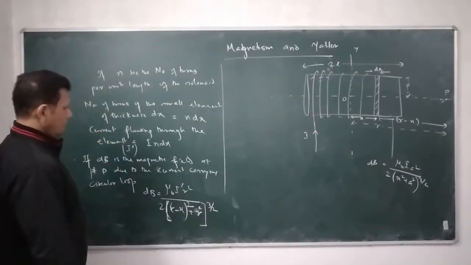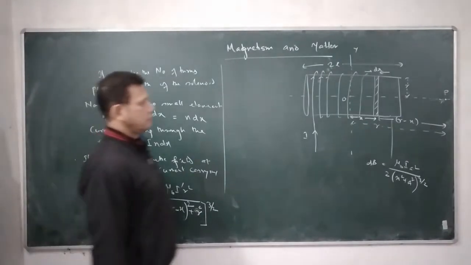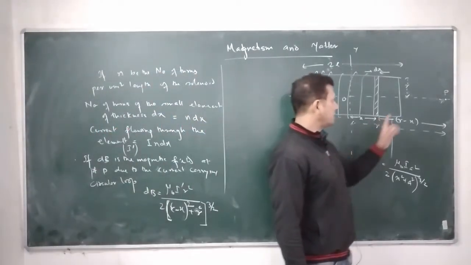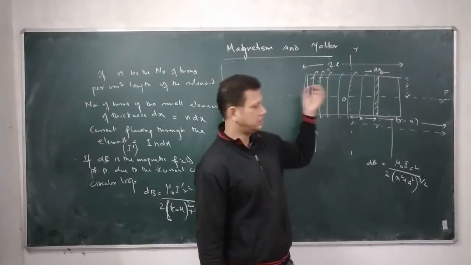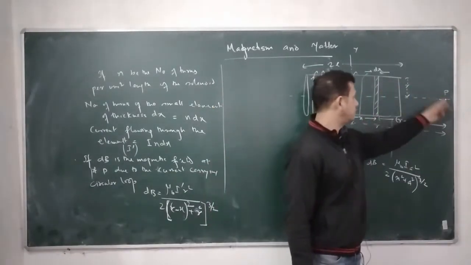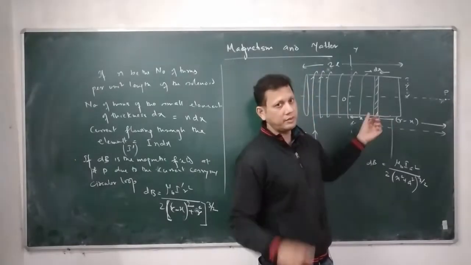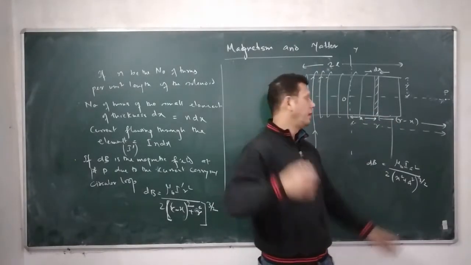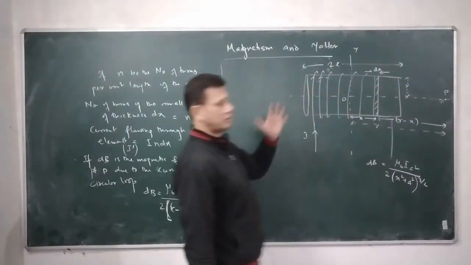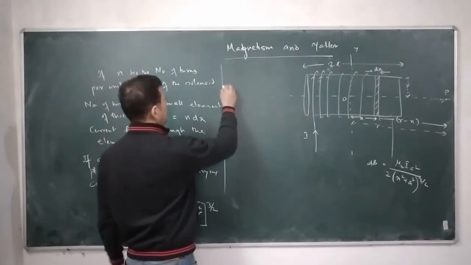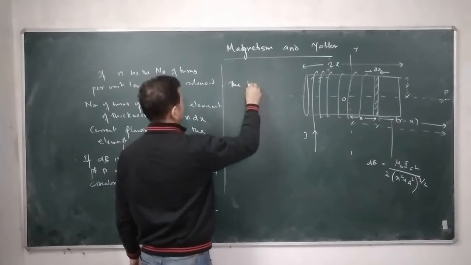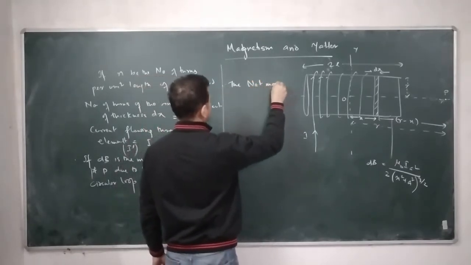Now, you are actually required to find out the magnetic field at point P due to the whole solenoid. We had just determined the magnetic field at point P due to this small loop only. But we have to find out the net magnetic field at point P due to the whole solenoid. For that, definitely you have to do integration. So therefore, the net magnetic